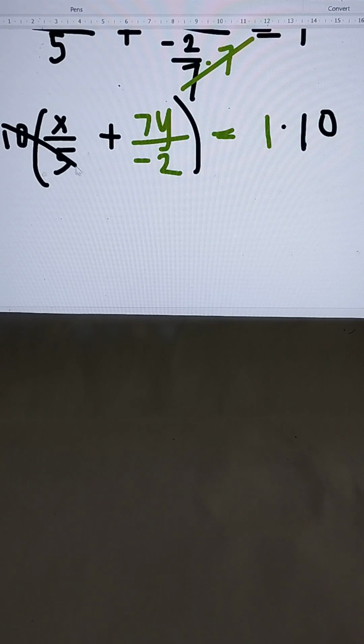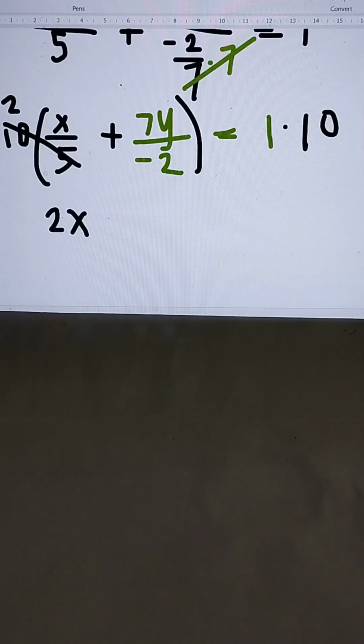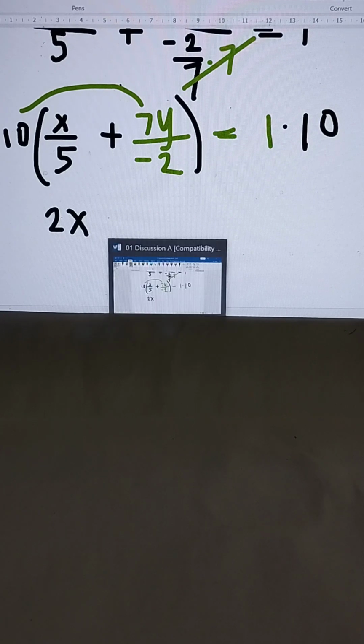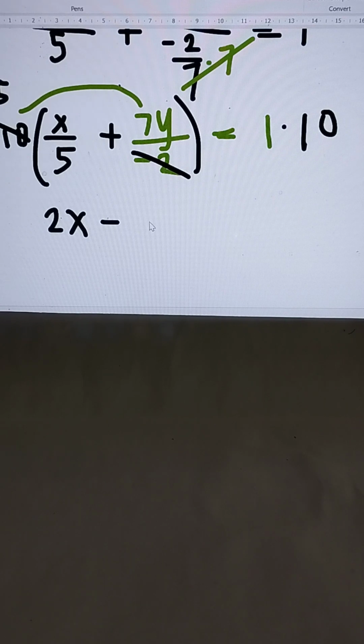Cancel 5 here, so it becomes 2 times x, equal to 2x. Next, multiply 10 with 7y over negative 2. If we cancel the negative 2, this becomes negative 5. Negative 5 times 7y is negative 35y, equal to